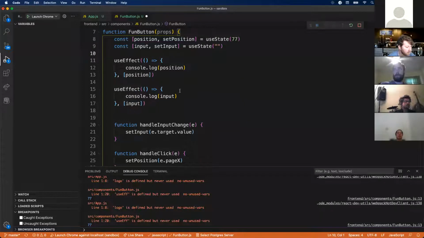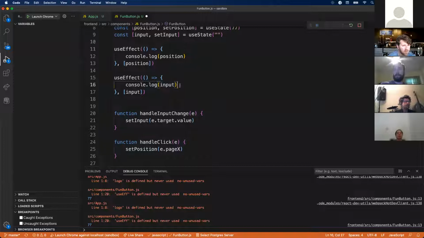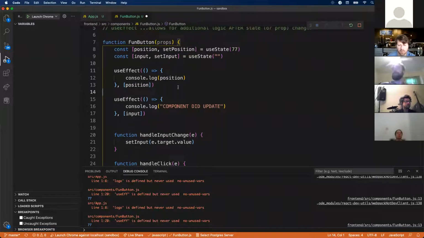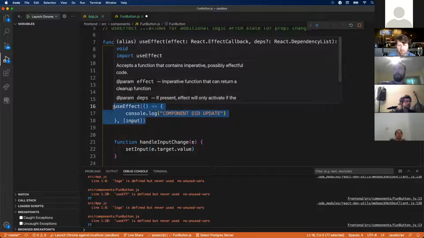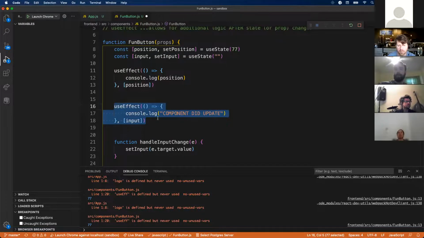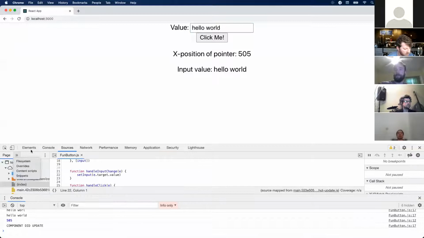Okay, I'm going to add some more logic here. So instead of printing this out, I'm just going to print out "component did update". This is something we went over in lecture, and I just want to go over it one more time because it's definitely not, I guess, obvious. But as I mentioned, this will fire in 2 cases, after the initial render and then after any update to input. So if I wanted to quickly check that out,